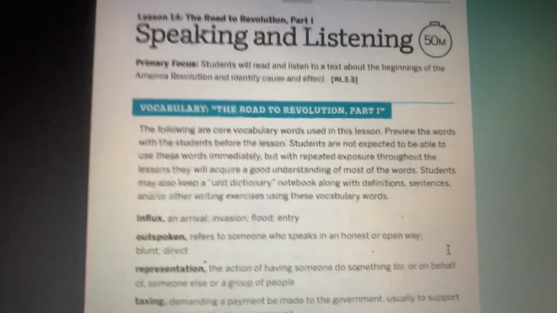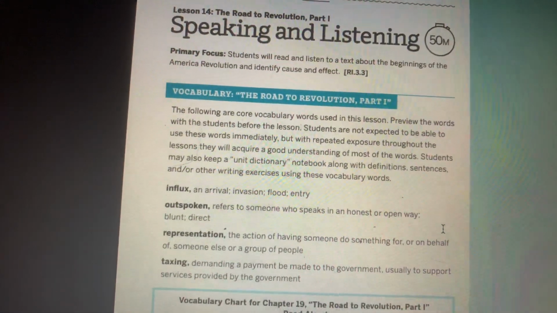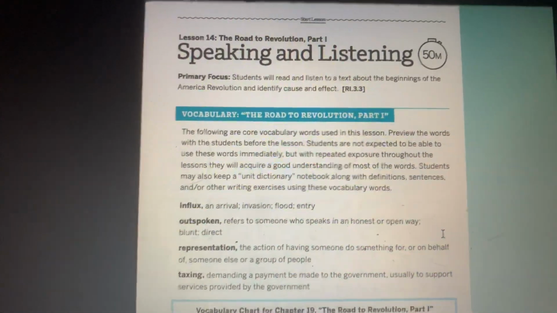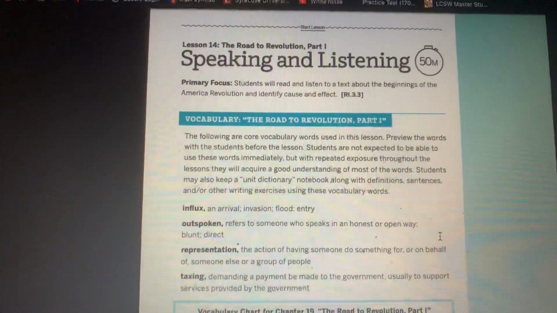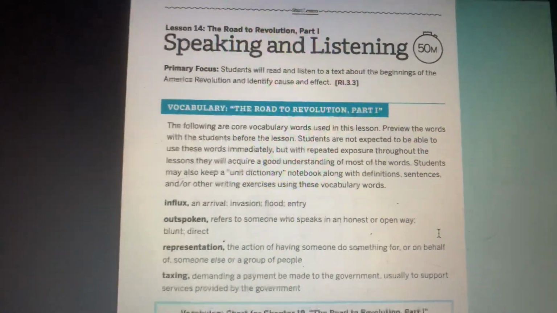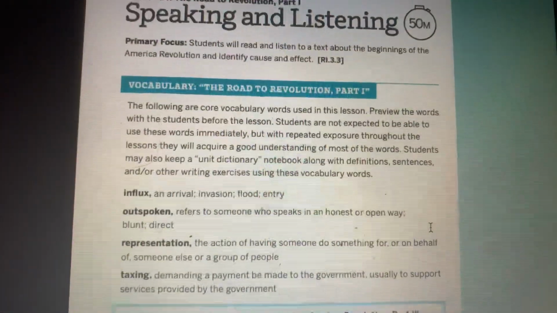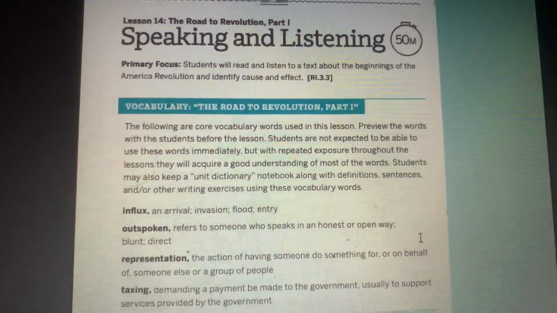This looks like it's our final day with this unit. Okay, so I'm going to combine today's lesson 14, and I'm also going to be doing another reading to put in lesson 15 today, and we're just going to combine the two stories together to do some questions on them.